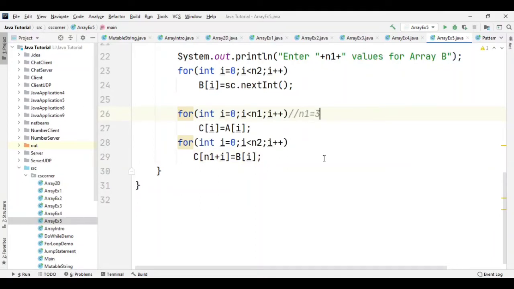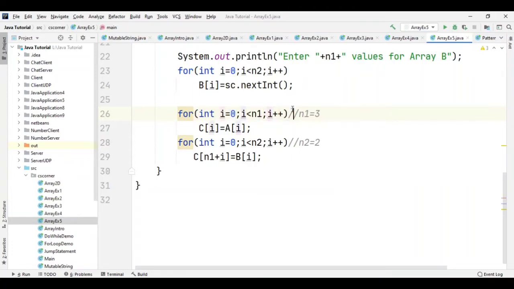So what will happen over here, let's run the first loop. My i is 0, so c[0] is equal to a[0], that is the value of my first array. The first value will be assigned, then i will increment and become 1, and the second value of the array will be copied to the C array. Then again i will be incremented, i becomes 2. Now the third value will be copied to my destination array. Now I have copied values from position 0 to 2, so 3 is done.